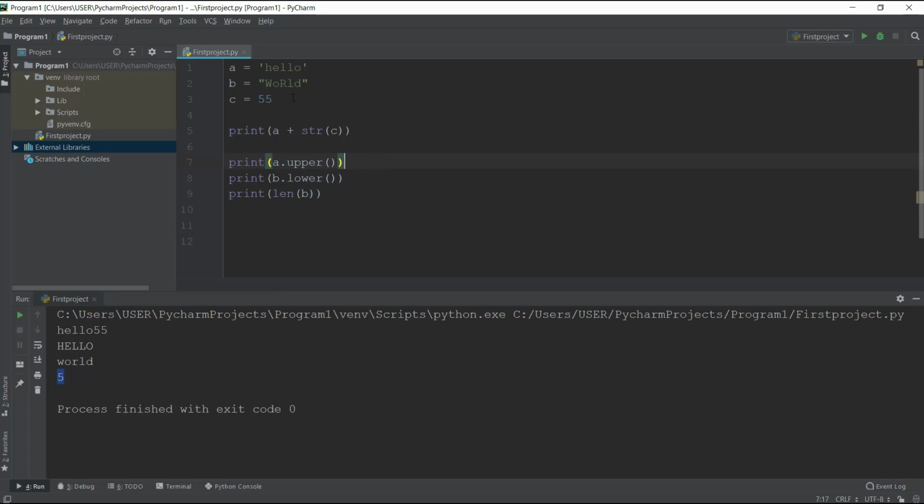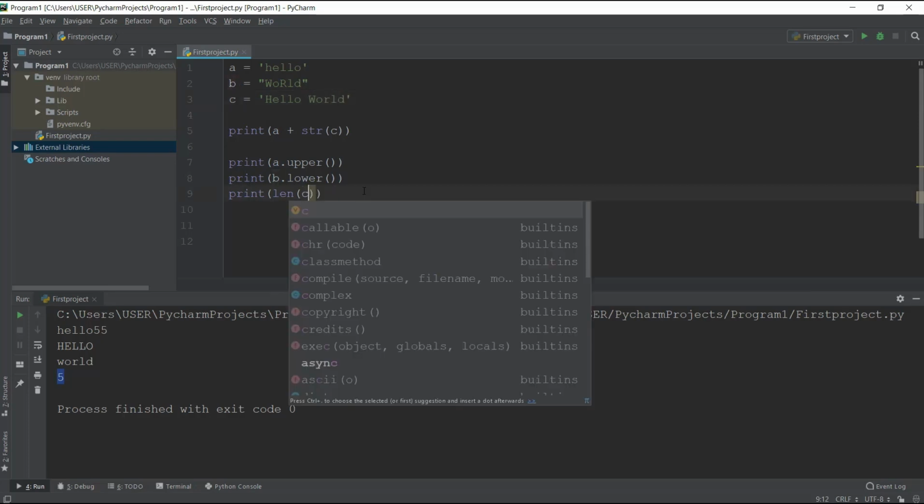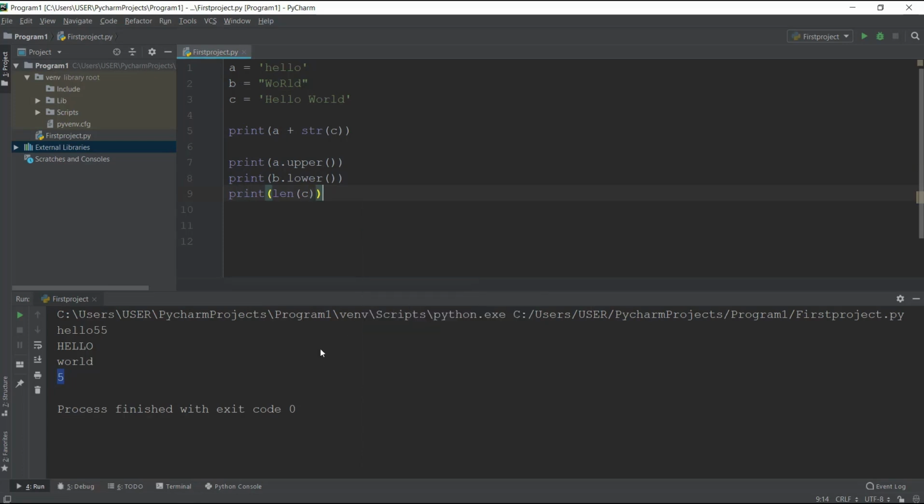So in the case you have, let's say, C is "hello world". Can you check that? Let's go ahead and check the length of C and run this code, and C is 11. Now, remember that the space is a character, so that is 1, 2, 3, 4, 5, 6, 7, 8, 9, 10,